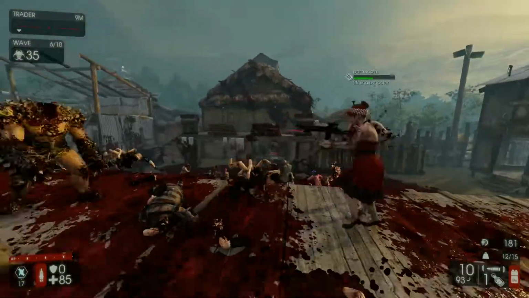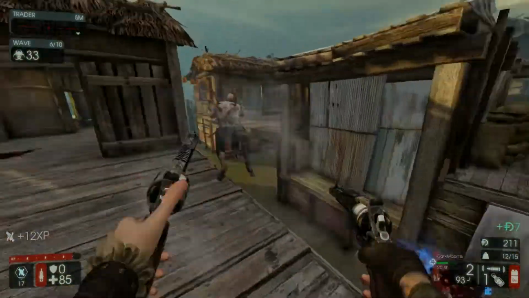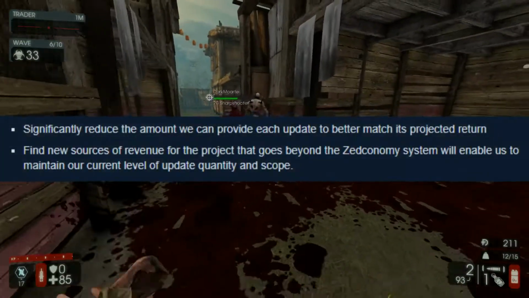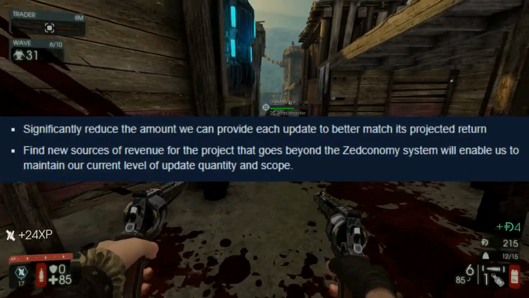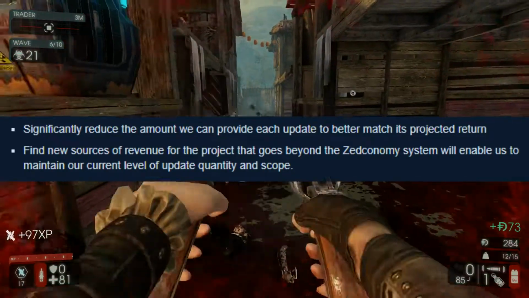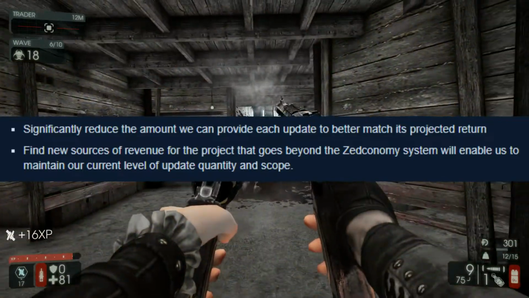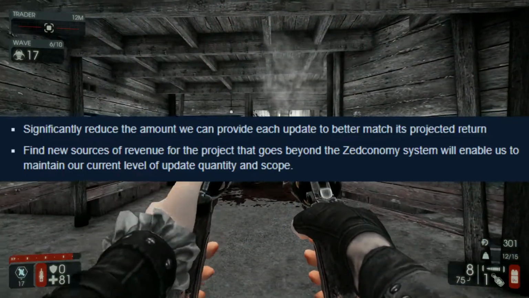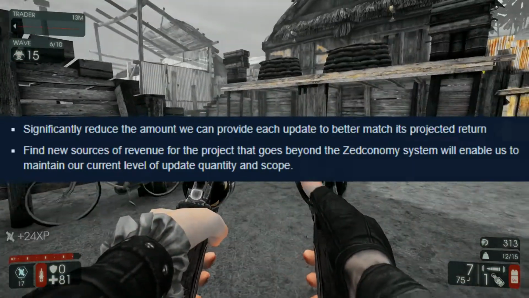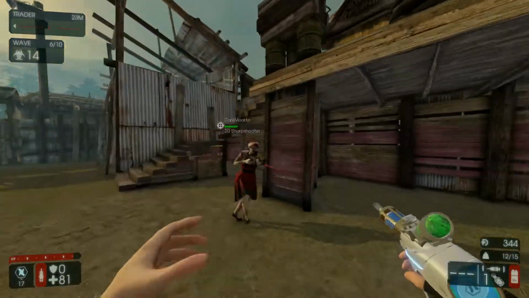But the Zed economy can't support this level of output anymore. So they decided that moving forward, they have to do one of two things. Either significantly reduce the amount of each update in order to match the projected return, or find a new source of revenue that goes beyond the Zed economy system to allow them to maintain this current level of output. And not wanting to cut back on what they're putting in Killing Floor 2, they decided to go with the